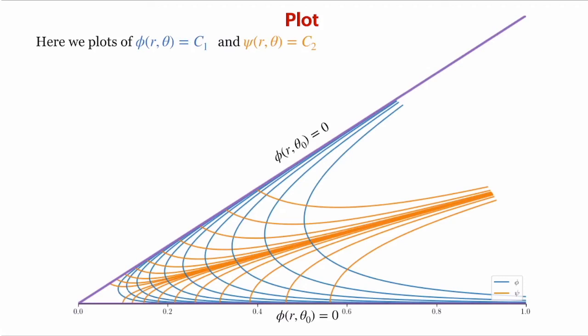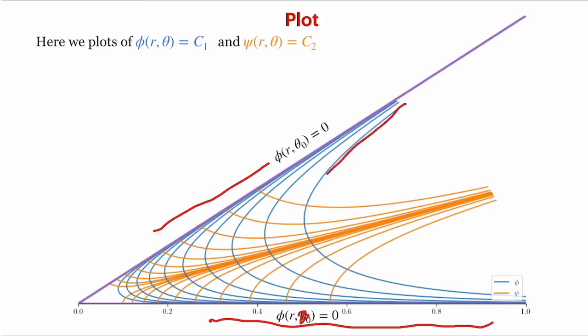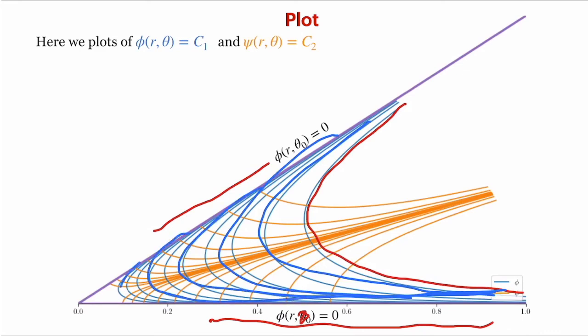Curves are given here. In this plot, you can see the metal plates, one at theta equal to 0 and the other at theta equal to theta naught. In both cases, the metal plate has 0 potential and there is some potential inside which would take the shape of a parabola. In our case, we have chosen this to be our potential, and then you can see that they are forming a family of parabolas passing through this. You can see that when they come very close to the surface, they take the value of 0. In the 3D plot, we have already seen that. So here also you can make a similar conclusion.